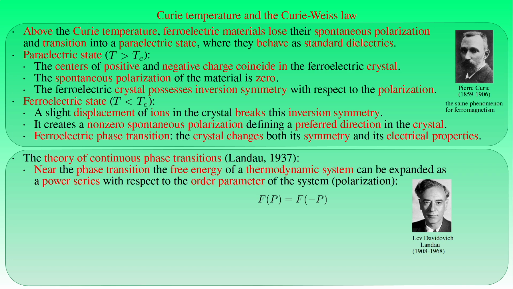As a result, the expansion of the free energy F of the ferroelectric material near the Curie temperature has terms with even powers of P, and is given by the temperature-dependent value F naught of the free energy at zero polarization, plus a material constant alpha over 2, times the difference between the temperature T and the Curie temperature Tc, times the square of the magnitude of the polarization P, plus another material constant beta over 4, times the magnitude of the polarization P raised to the fourth power, and so on. This form of the expansion is the lowest order approximation of the free energy at its stationary point that is near the Curie temperature, since only the term quadratic in P has a temperature-dependent coefficient.